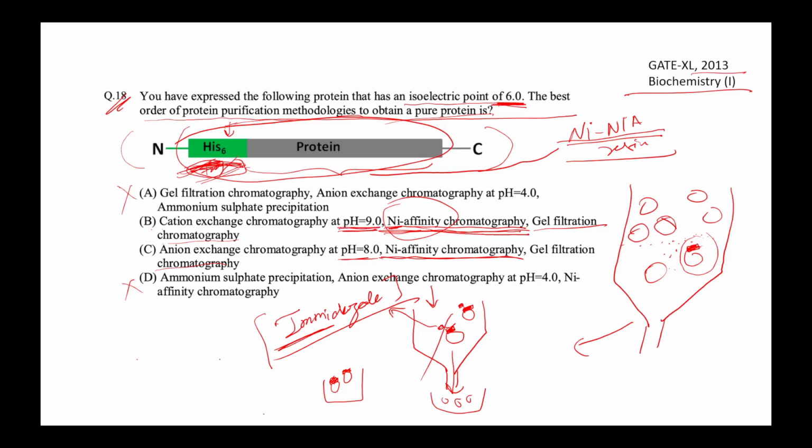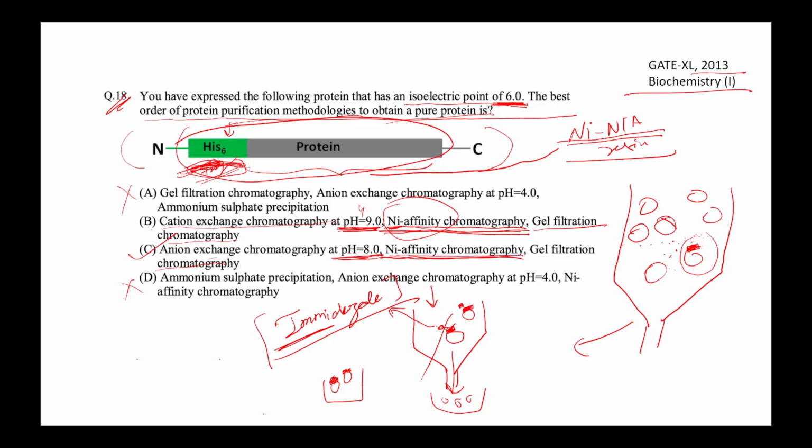At pH 9, you cannot perform cation exchange chromatography with this protein. Okay, to do that, you should have a pH lower than 6. If it would be 4 or something else, then this option would have been correct. Otherwise, the correct option for this scenario is this one, which is anion exchange chromatography at pH 8,